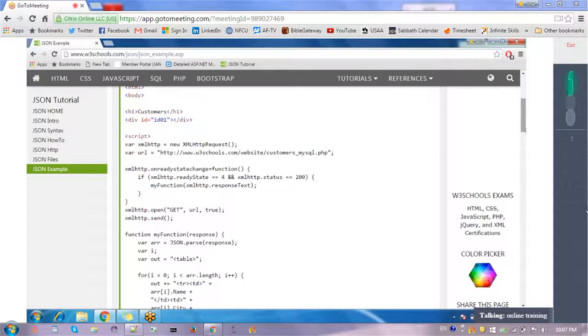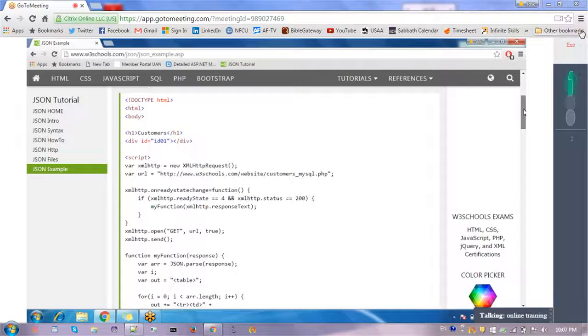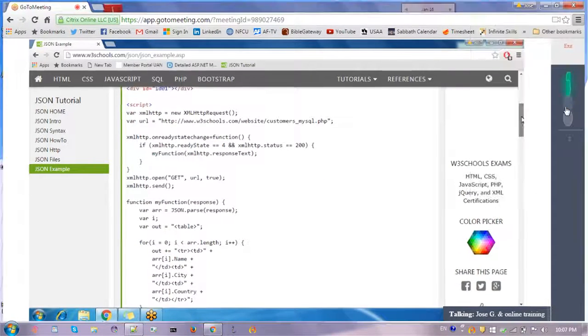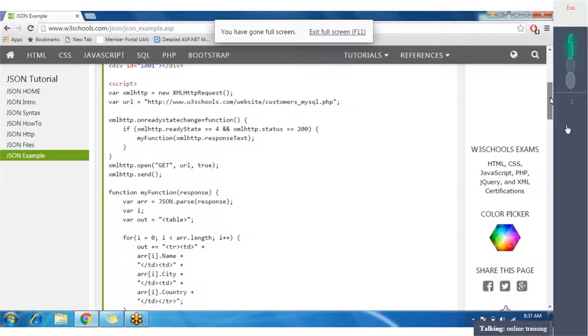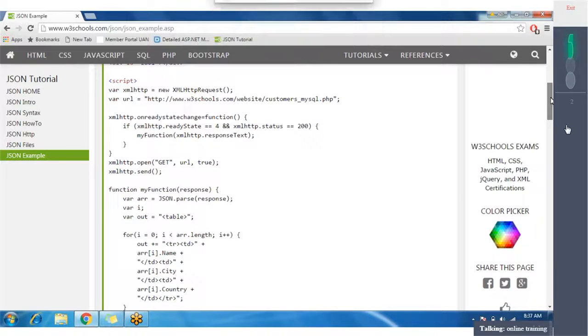So suppose you don't want to use the jQuery Ajax methods and you want to use the basic Ajax methods to get the data from the server or set the data to the server. In that case, here is an example which is not using the jQuery Ajax methods to get the data from the server. Let me explain you.